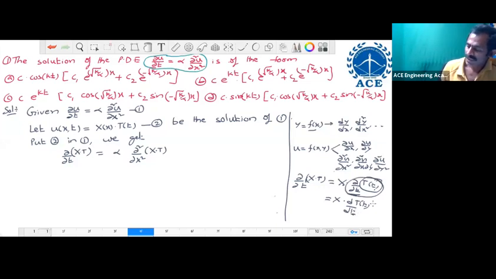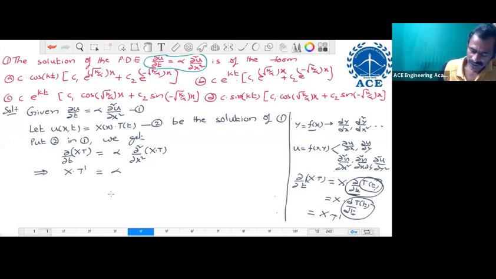This partial is the same as the ordinary one, because of the one independent variable function. That is why here we write the capital X into dT by dt, in short form T dash only, which implies on the left hand side X into T dash equals alpha into